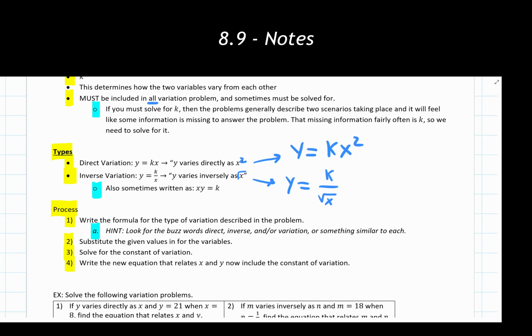So again, very often we will see, and we'll go through some examples with this, two scenarios given to us. One scenario where we're asked to solve for one of the variables given the other one, and then a different scenario where we have been given both variables involved in the problem. And we're going to see how those play out in a couple examples down below, but again, this is the process that we are going to be using as we're going through these examples.